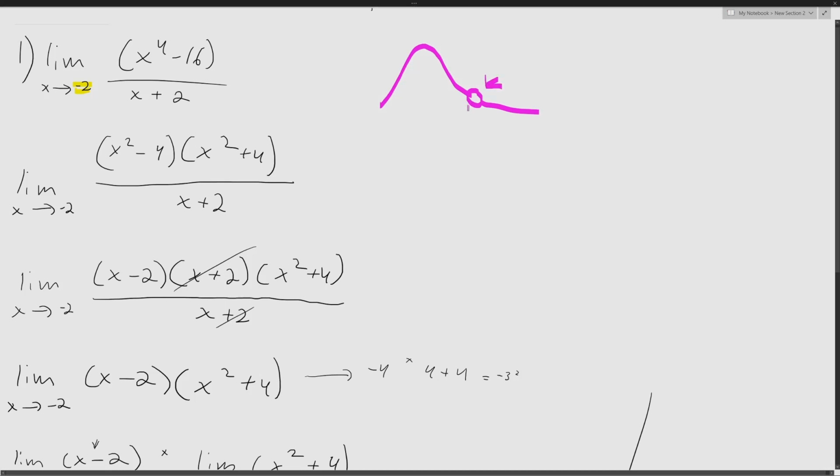Because it's a hole. We can't possibly say there's something there when there's clearly nothing. But what we found is that if you find the limit, so as the graph continues this way and this way, they do approach the common value. And that value in our case is -32. And so we just proved, or we just found what that hole should equal to. So at -2, the graph would have had the value of -32 if there wasn't a hole,